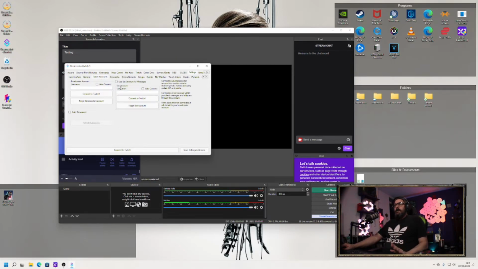Now you've got two accounts here. One is your broadcaster account. If you only use a broadcaster account, everything that Streamerbot puts into chat will come as if it's coming from you. So in this case, because I'm using a bot, it will be the bot name, whether it's doing redemptions or anything else. Or you can have your broadcaster account and create a second Twitch account, which you can easily do,